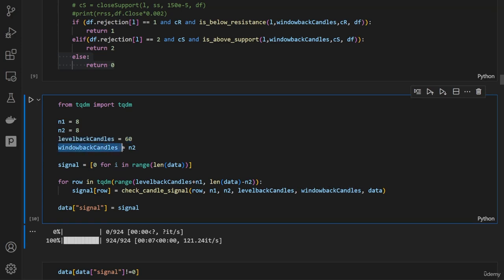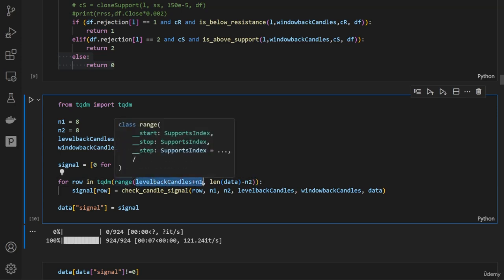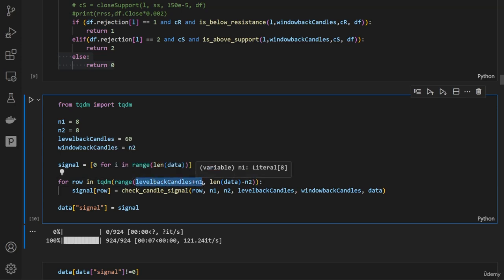And then the window back candles is equal to N2, which is enough for now. It should work. We're defining an empty signal list for now, equal to 0 everywhere. And for each candle in the range going from level back candles plus N1, this is a small gap at the beginning because this is what we need to compute